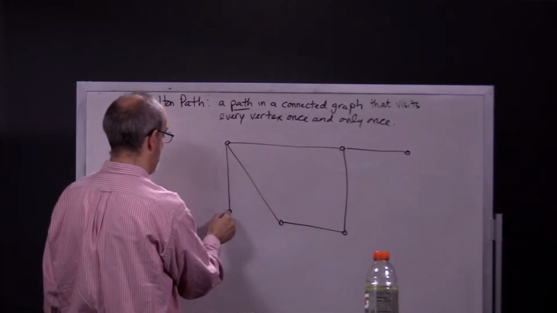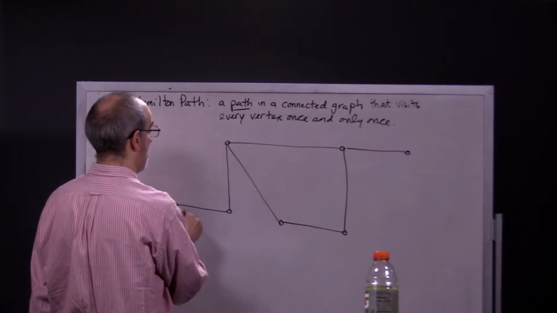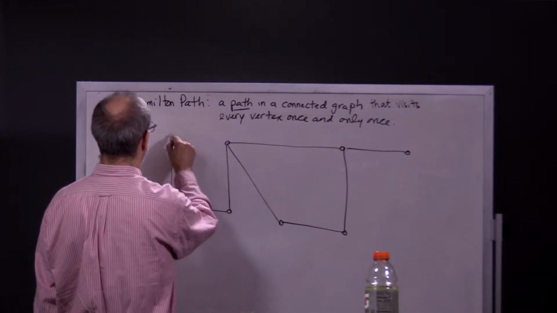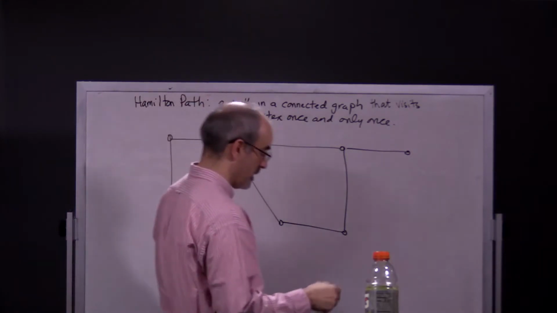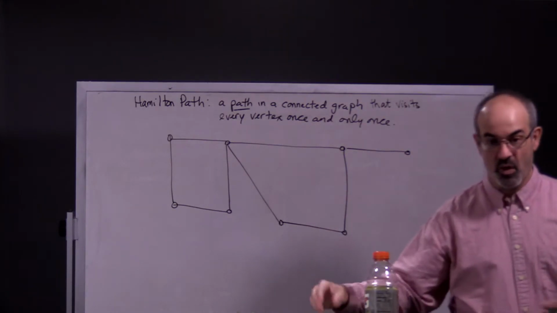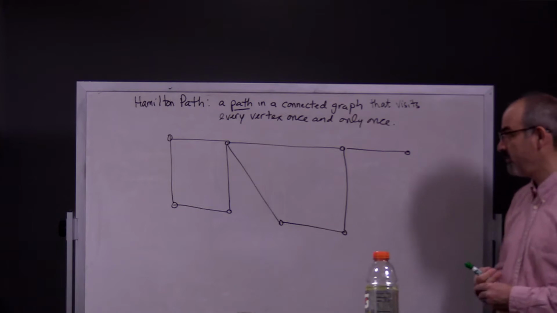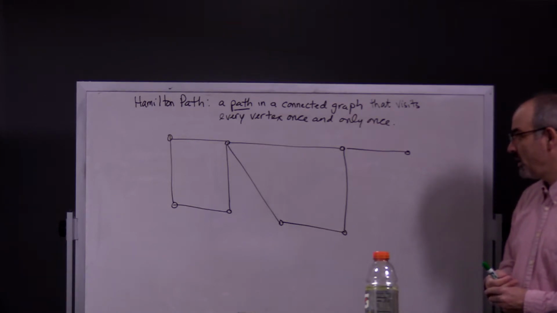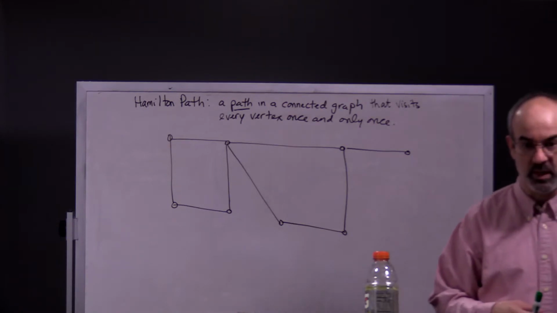I'm just making this up because I want to show you something. I want you to see my struggle. I don't know if this has a Hamilton path or not. Now that I look at it, I see that it does. I kind of wanted to make one that might not have one, but